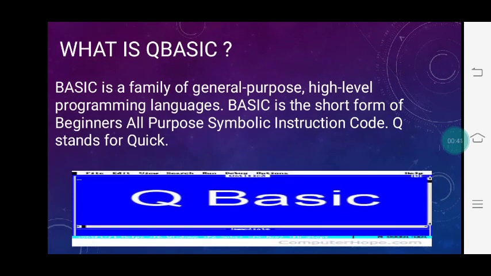Now, what is QBasic? BASIC is a family of general purpose high level programming language. Now, let us see the introduction. For example, the activities that we perform on daily basis can be divided into many steps.